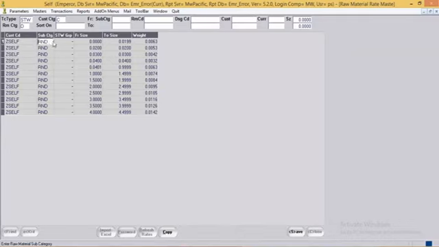The weight chart is defined for RM shape round. Then the size range. For example, over here, the size range is mentioned as size 1 to 1.4999. For this range size, the per piece weight of the diamond will be 0.0074. This per piece weight will automatically get picked up in the design master entry and in the order entry.